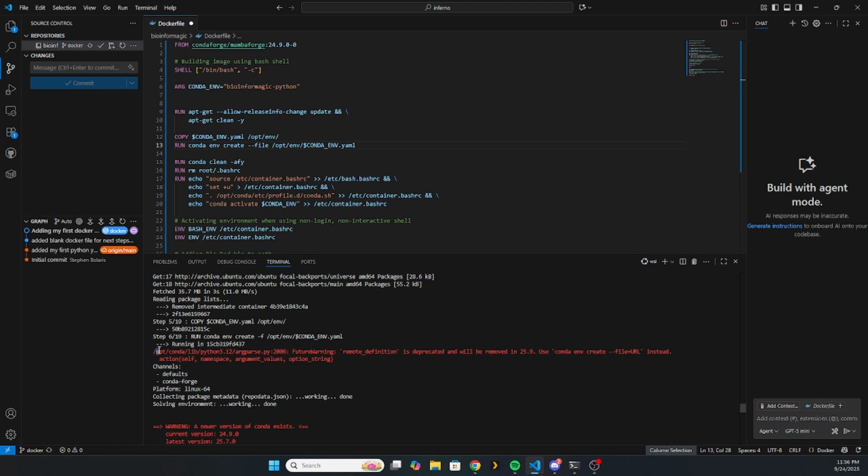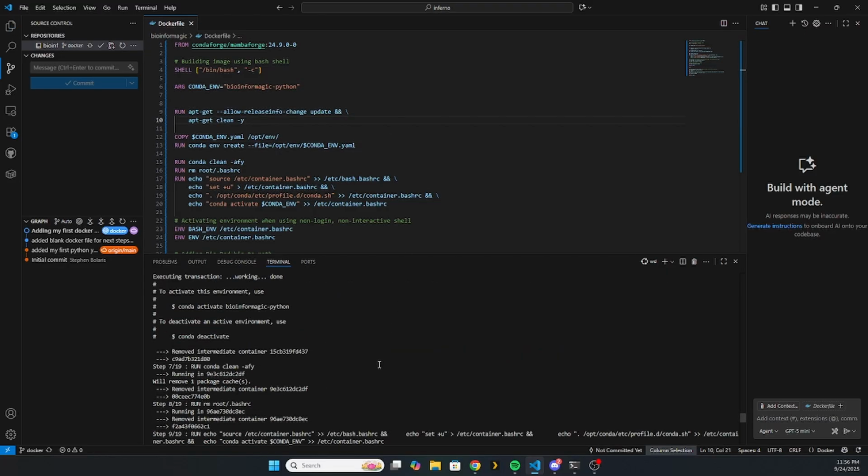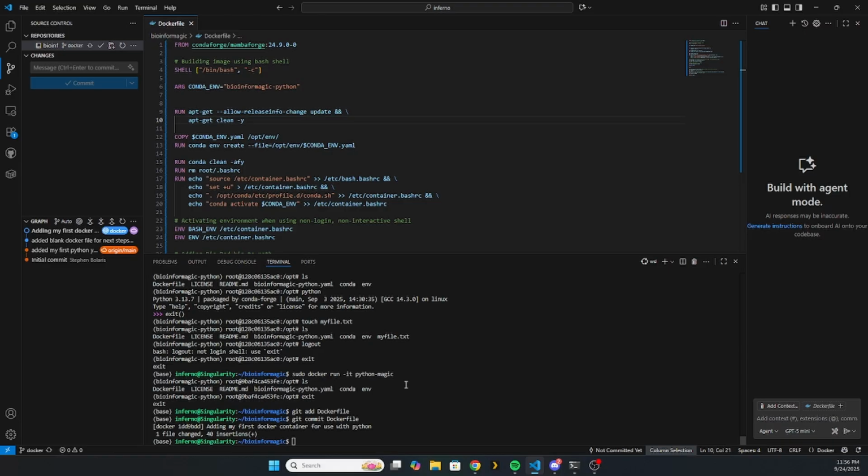You'll notice that this basically gives us the error right after it's running this line, so we know that it's related to that. You can also see it's a future warning. Basically, it's saying instead use this dash dash file equals URL, which in our case, I forgot the equal. And then we can also see here, if I go to the bottom and I do Docker build,